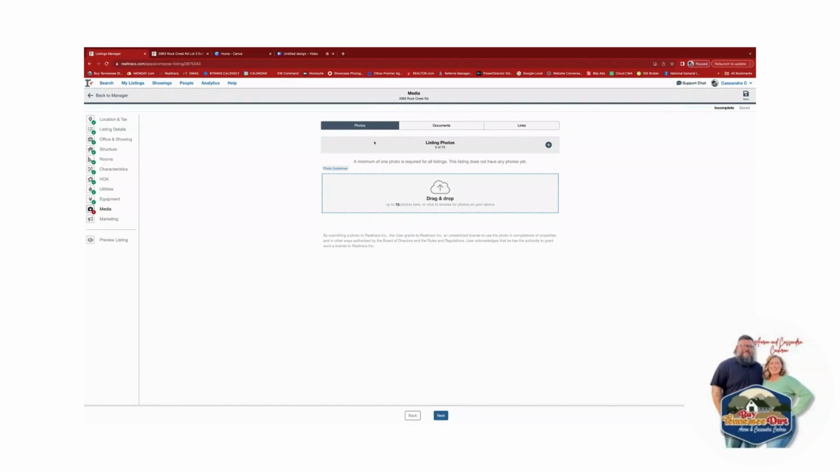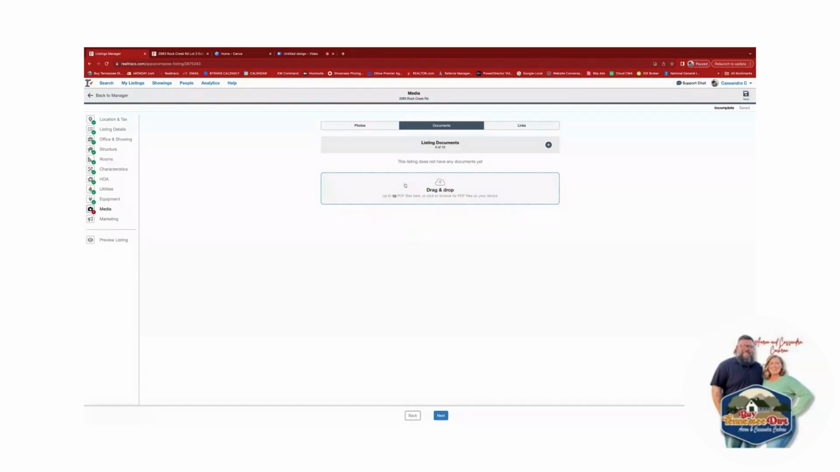Okay, media. So this is where once you get your photos in, you get them paid for and everything, and they finally are able to be uploaded. This is where you're just going to upload everything. You're going to drag them into here. You can do up to 70 photos. And then as far as documents go, this is where you're going to put in your